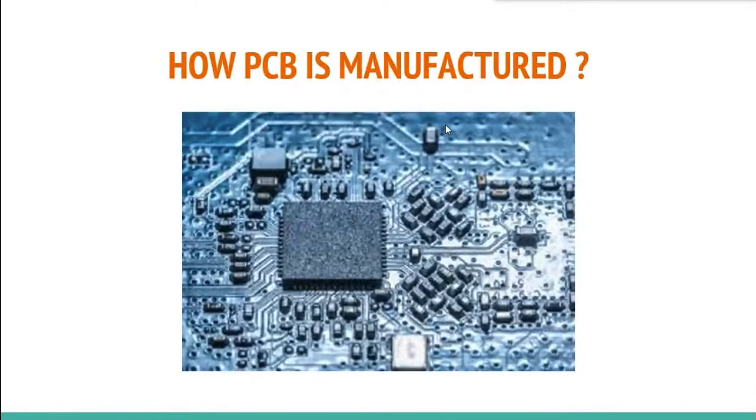So what happens is your insulating board is used, that is fiberglass. On that you place a layer of copper. That is treated with a photoresist chemical, and it is exposed to UV light in such a way that the unwanted copper layer is washed away. Only your copper pathways where current should flow are kept, which allows the electricity to flow among various components which are mounted onto the surface. So this is how it's manufactured, and this copper is coated with a thin layer of lead to prevent oxidation.